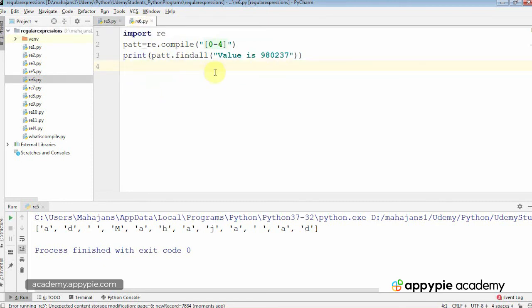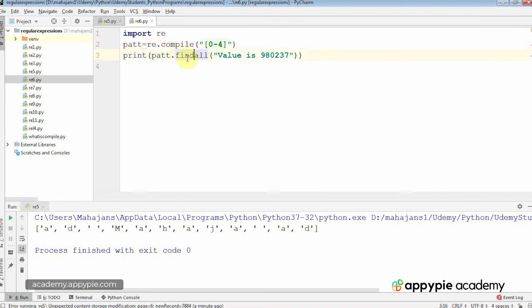Okay, now see, in this example what I want to do is show all the digits which are from the range 0 to 4, right? 0 to 4. So I am going to use this square bracket meta character. As usual, the re module is imported. pat is the pattern object; the name could be anything. Then re.compile. Within square brackets I am writing 0-4. This is the way to mention the range.